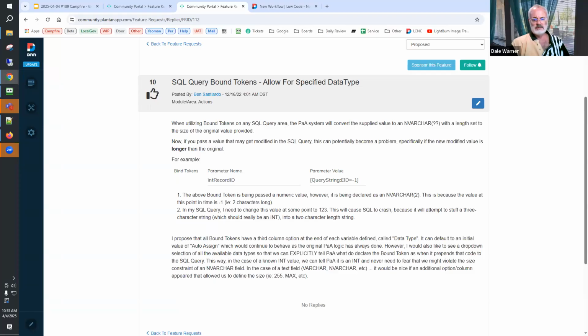Do you see any need, when you're defining varchars, for the ability to specify a length? Me personally, I wouldn't think so. I would say default be the way it works right now, or one of the options would just be varchar max. I wouldn't see the true necessity of saying this needs to be specifically a varchar 2, for example. Because the question is whether we collect one more piece of information or two more.